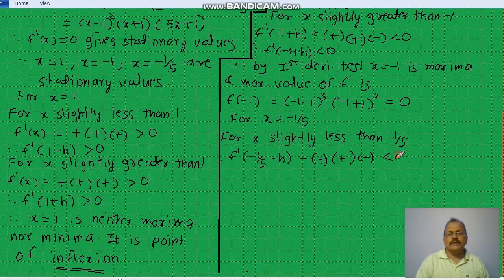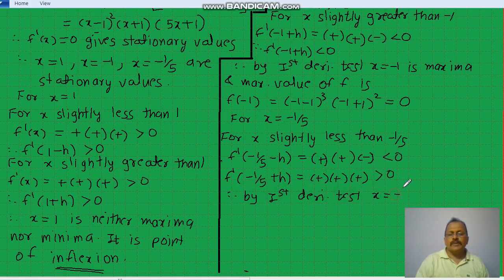So in all the result is negative, and f dash at minus 1 by 5 plus h: all the three numbers in this case are positive. By the first derivative test, x equal to minus 1 by 5 is minima, and the minimum value of f(x) is